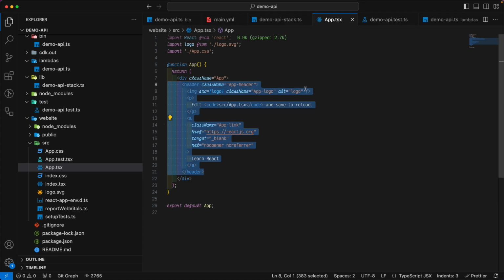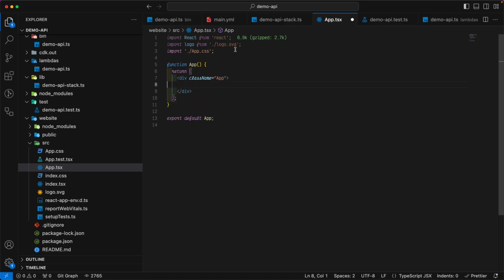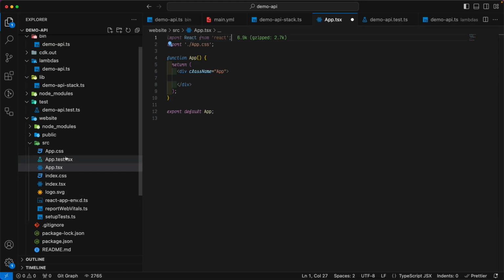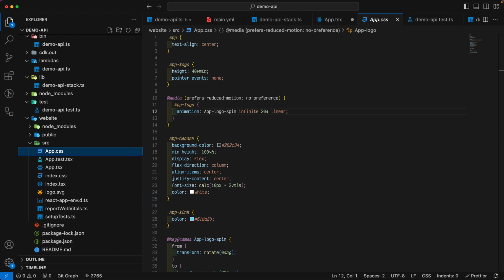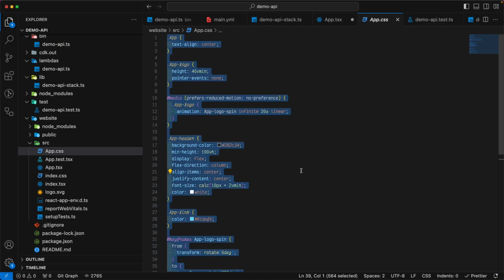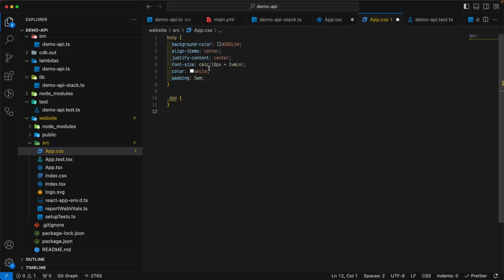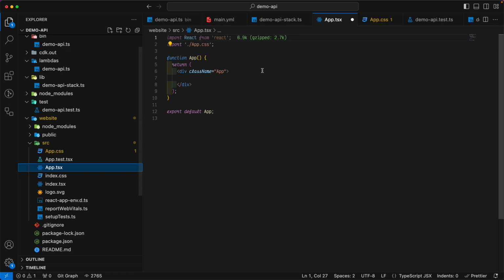So first of all, let's remove the logo. We don't need the logo there. We'll import the CSS. So the CSS, really, we don't need all of that. In fact, all we need is a body with a dark background, center aligned, and make the text color white. So we'll default to that. Now in the main file, let's